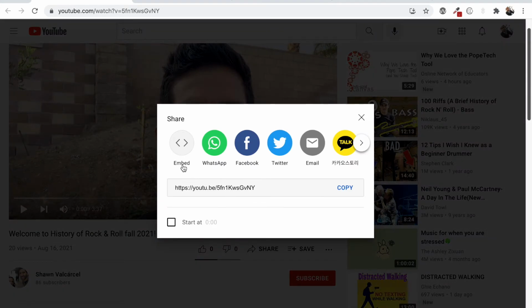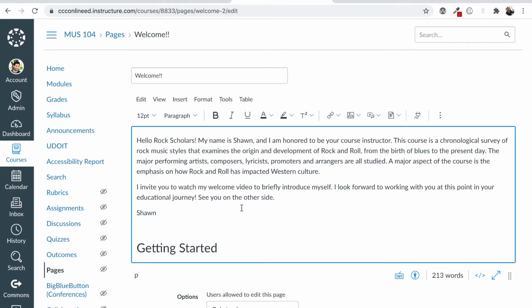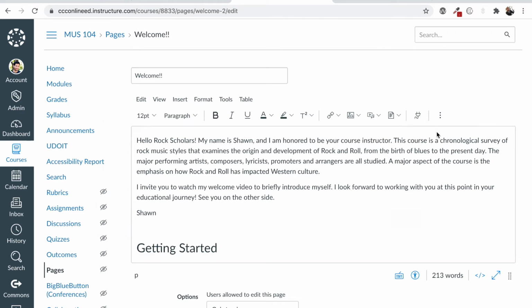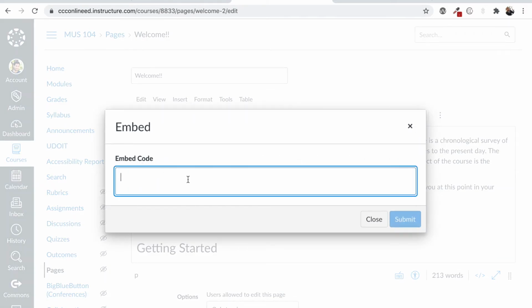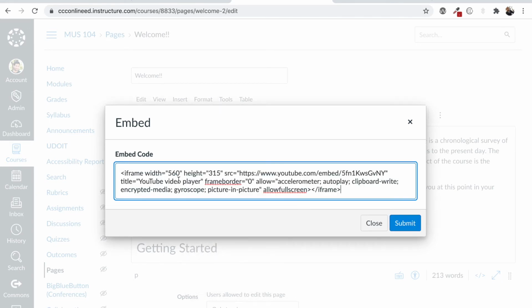And then what we're going to do is embed the video. So I'm going to select the embed option. And then this code, I'm just going to use this copy button here and go back to the page. And I don't need to actually go into the HTML code. I can go to the three-dot menu and use this cloud icon. So I select this, and in here, I can go ahead and just paste that code into the embed code. So just a convenience tool.